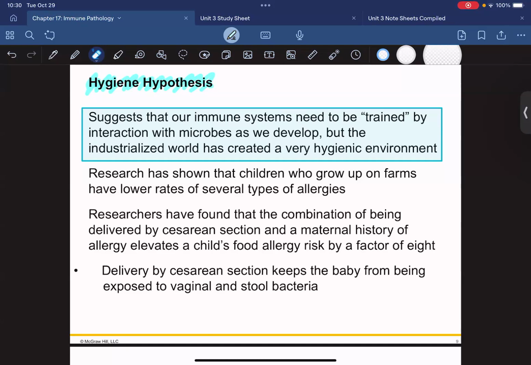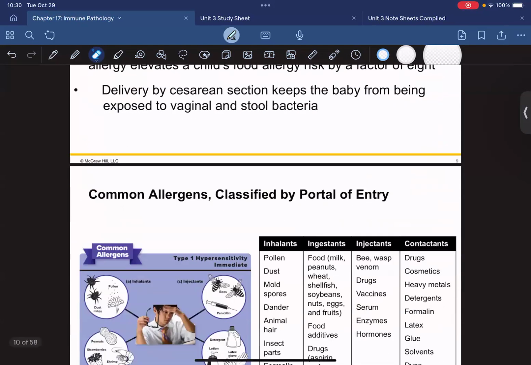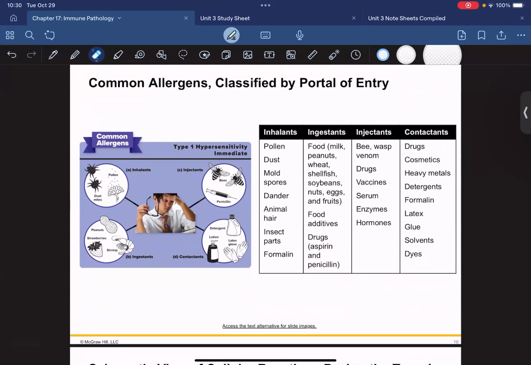So I thought that was a really interesting conversation, that people don't necessarily link these seemingly unrelated things to one another, but they might be. But that hygiene hypothesis sort of drives that concept home. So I didn't want to leave that out because we don't always think about the bigger picture of these things. All right, so